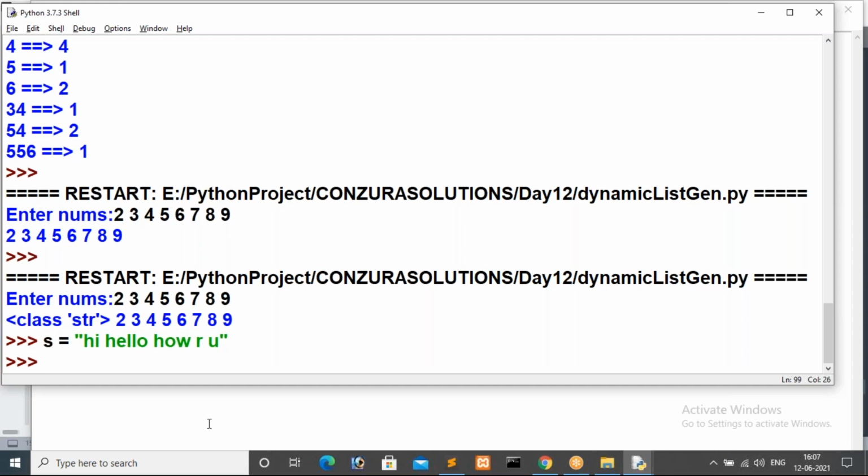Anybody? What is the meaning of sentence? Group of characters? No. Group of characters in the sense that is a word. Now I'm telling sentence. Sentence in the sense group of words. Absolutely. Group of words are called a string, or collection, whatever it is. That is a sentence. Now I want to make this entire sentence as words, guys. Based on what can I make this sentence as words?